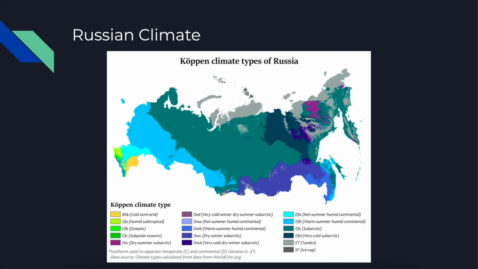Northeast Siberia is one of the coldest places on Earth. There have been times where the temperatures have gone down to negative 90 degrees Fahrenheit. In the Central Asian deserts of Russia, temperatures can get as high as 120 degrees Fahrenheit. Precipitation in Russia is generally moderate to light, and most of it typically happens in the summertime.